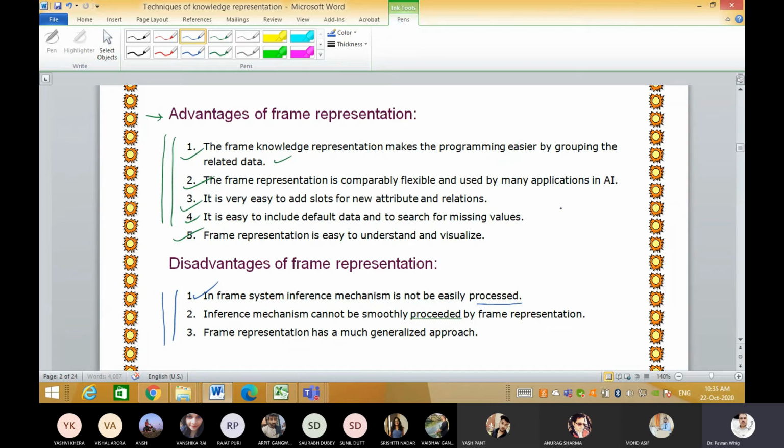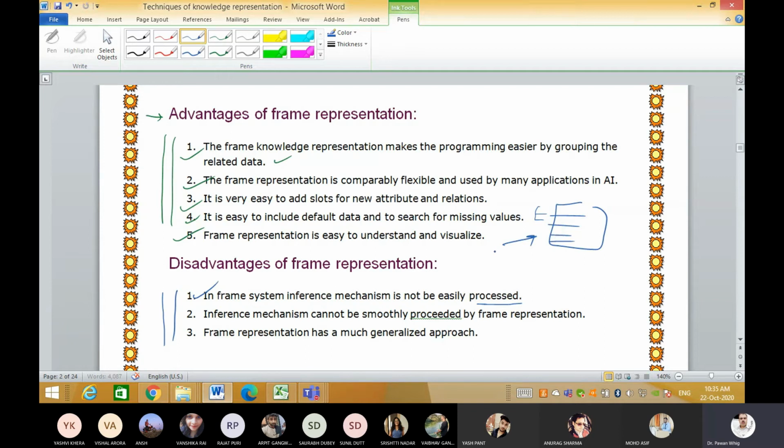If you store the data in such a discrete environment, definitely it is easy to get information, but the inference mechanism is not easily processed, because every time you have to infer, meaning discuss. So if somebody questions this frame, sometimes it is misunderstood because the data is so discretely stored.